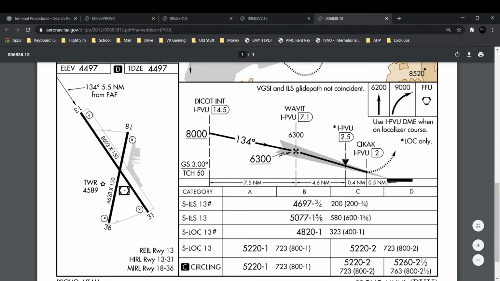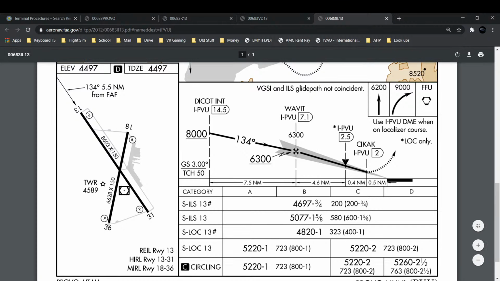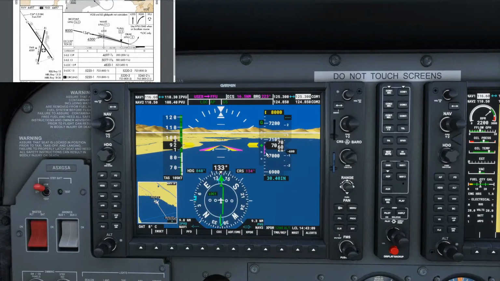All right, let me change back over. Let me know if you guys have any questions about that. The VDP and this one over here, the SIAC, is just if we had the localizer only, so we didn't have the glide slope, the vertical navigation. But since we do have the vertical navigation as well as the lateral navigation, we will be going down to 4,697. So let's go ahead and hit that altitude in here,